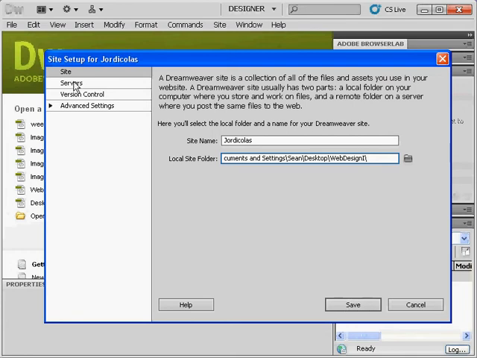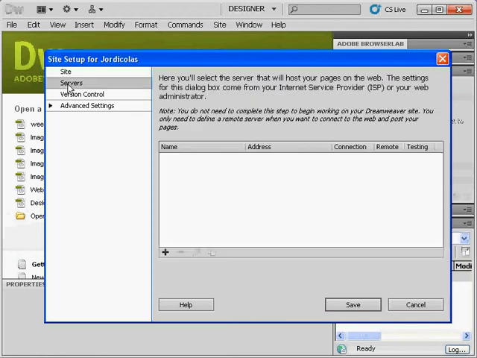And another thing that I need to do now that I've told Dreamweaver where my local files are, I need to define a server. This is my host. This is going to be the information that I put in that tells Dreamweaver how to connect to my server so that it can put files up to it. So now that I'm on the Servers tab, I'll hit the plus to add a new server